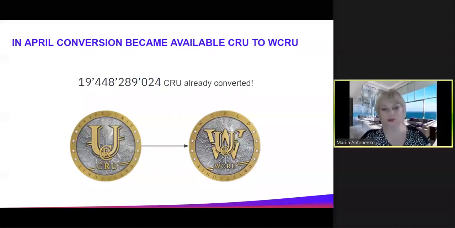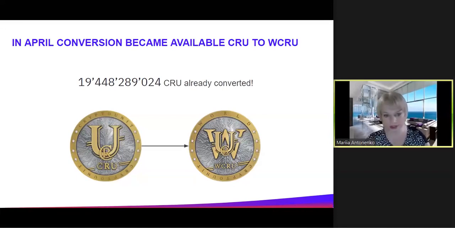So as far as the conversion of CRUs is concerned, we can see that our partners are actively converting their CRUs. Almost 20 billion CRUs have been converted. And well, for now, the commission is quite small for the conversion of CRUs into WCRUs. That's what motivates people, especially in view of the fact that you can stake WCRUs and receive UNTBs. And in future, loyalty program bonuses and profit bonuses will be accrued based on the number of WCRU you have,